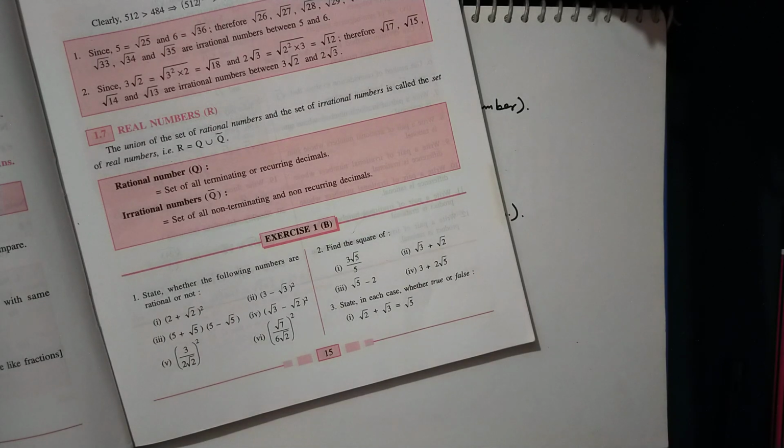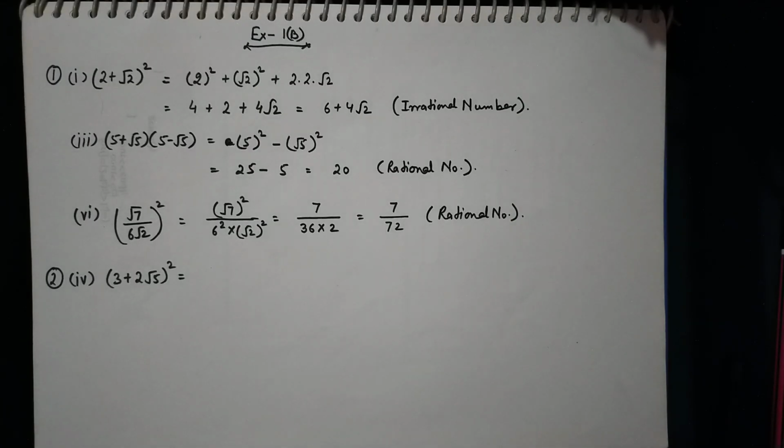Now in question number 2 we have to find the squares of the following numbers. We did a similar question in question number 1 also, so we will be doing only one part, and that too the last part of this one, and the rest you can try on your own. Now here we are having the fourth part of question number 2. It is again to find the square of this whole expression, and for doing so we are going to use